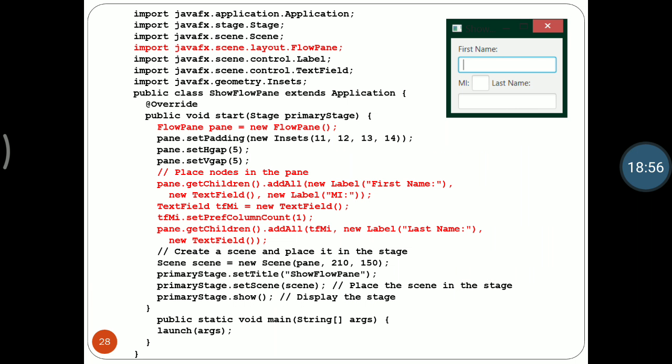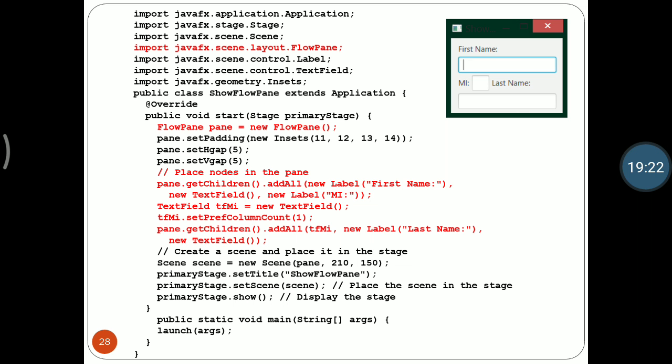Let's take an example. Here we have created a node. In that we have taken first name, MI, and last name. For that we have imported javafx.scene.layout.FlowPane. We have created a pane, FlowPane pane equals new FlowPane.